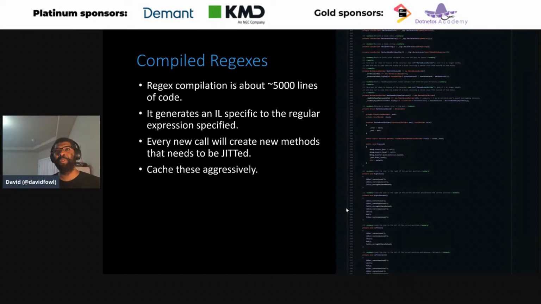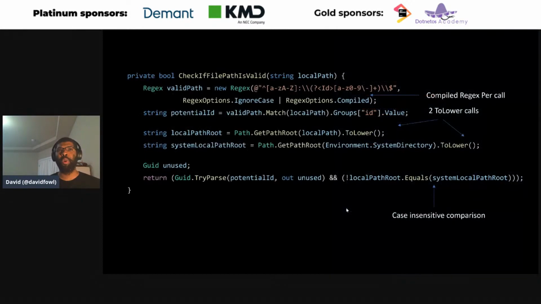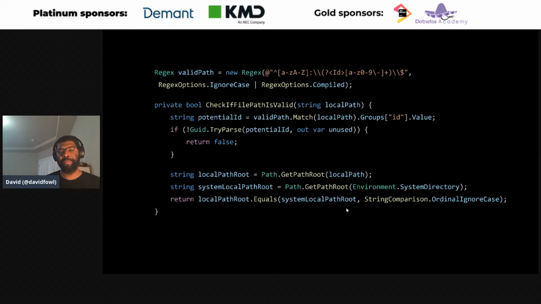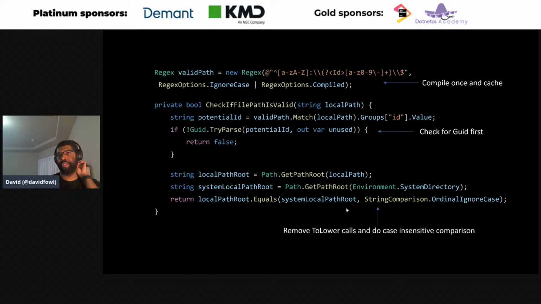This isn't cached, so you're supposed to use compiled. You're supposed to use this feature and cache it yourself. But in this case, it was being called once per request. So it basically ended up creating this giant set of IL per call, which is really bad, right? You really want to cache these calls aggressively. So the fix was pretty simple. Move this outside of the actual function call itself, and then some other things to optimize, like parse the ID before doing the comparison. And then instead of calling toLower, which will allocate lowercase strings for the paths that were passed in, just do a case-insensitive comparison by using or don't ignore case.